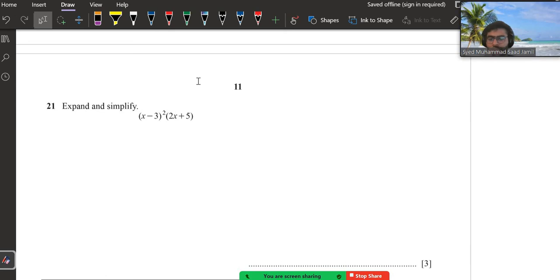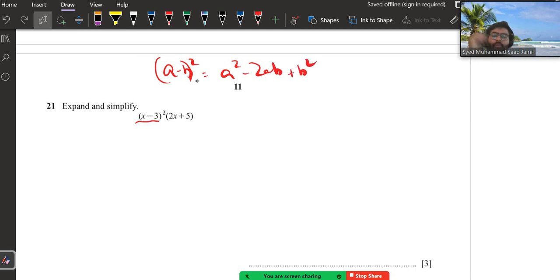Alright, expand and simplify. x minus 3 whole square, basically it's an identity. (a minus b) whole square is a square minus 2ab plus b square. So this turns out to be x square minus 6x plus 9, and then you're going to multiply it